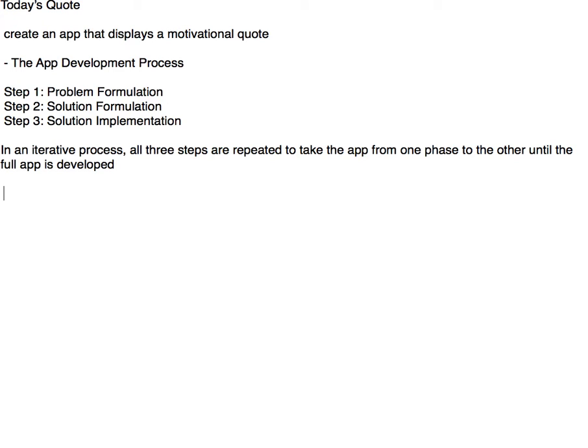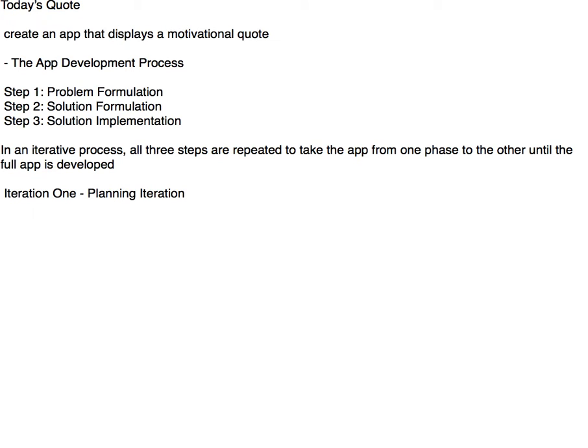So here I am in the first iteration. So this will be called iteration 1. I usually call it the planning iteration, because when you first take actual steps, you are in fact initiating the app development process, and you initiate that process through that iteration. So this is in fact iteration number 1, the initiation of the app development process. So within that iteration number 1, we apply the 3 steps. Then we move on to iteration number 2 and apply the 3 steps. Then we move on to iteration number 3 and apply the 3 steps, and so on and so forth, depending